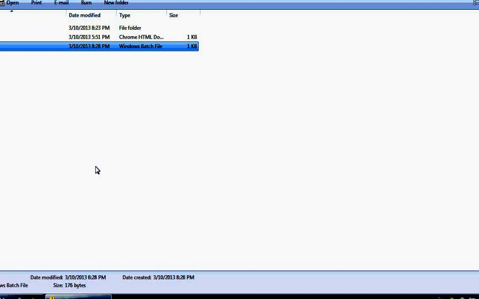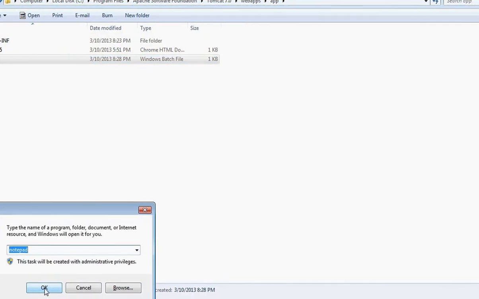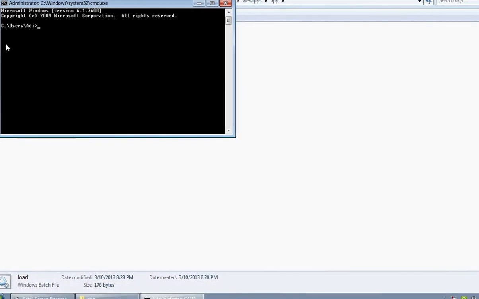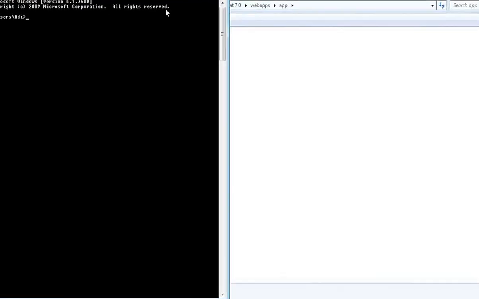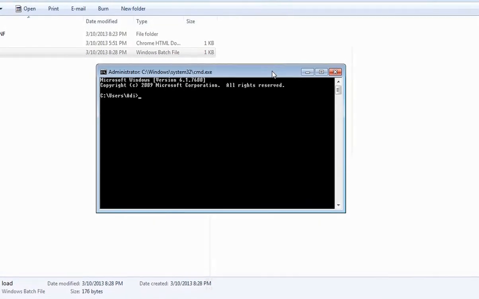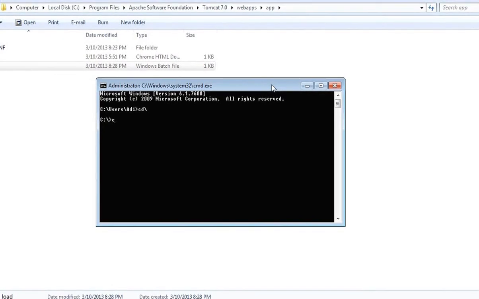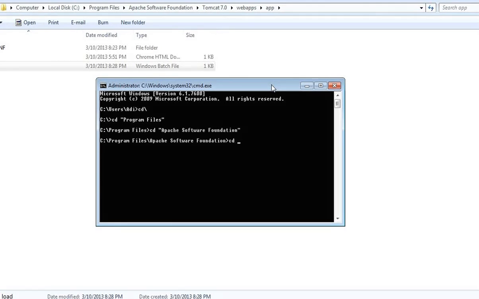Now just open the command prompt, cmd, and get into the directory where that Java file exists: C, Program Files, Apache, Tomcat, webapps.